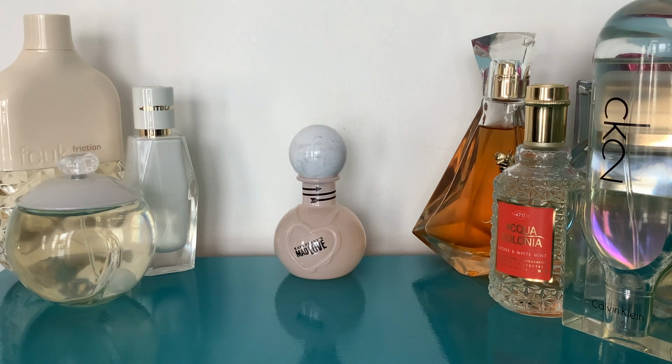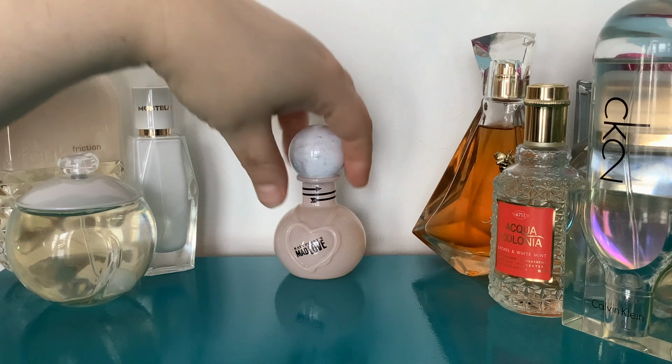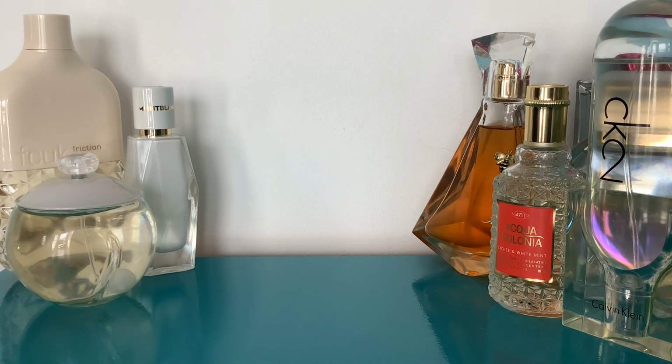So the top notes in here are sorbet, strawberry, apple and pink grapefruit, and I was like, sorbet, I'm getting it. Middle notes: floral notes, peony and jasmine. Base notes: coconut, musk and sandalwood. So I was like, I should be totally safe with this. There's not a single thing in this that I don't like. And woo,